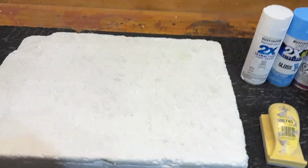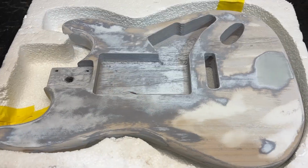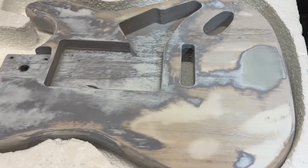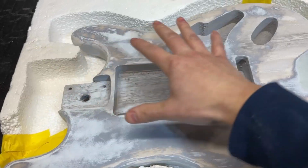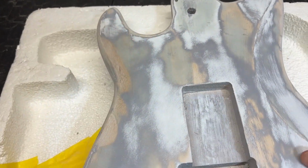All right, guys, so on the bench today, we have our cheap little Stratocaster body. A couple months ago, I started grain filling this because I wanted to paint it, but life got in the way and I got a little busy. But just a little rundown of before, what I used was just some regular body filler, laid out some big coatings on each side, so on the front and on the back, and I let that dry for a day